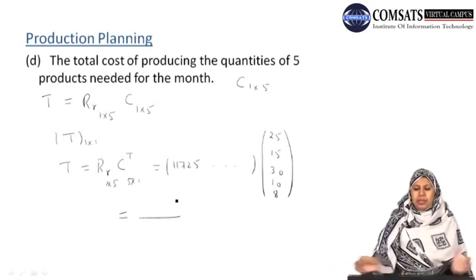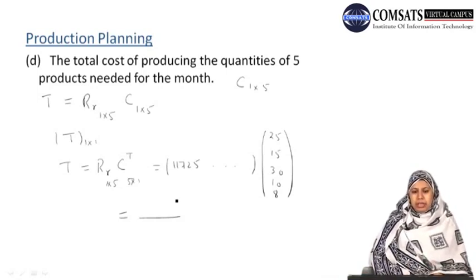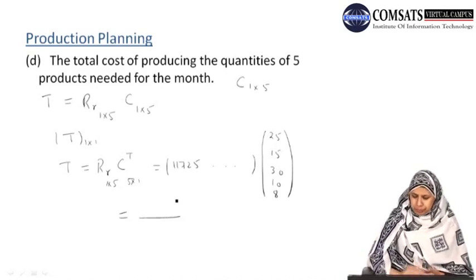So just by transforming our data into matrix form, we can easily calculate whatever type of output we are interested in. For example, in part D, the output we are interested in was a matrix of order 1 by 1. So we have to adjust our set of inputs, that is the matrices of inputs. Here we have adjusted our inputs, the cost matrix, by taking its transpose. By taking the transpose or adding or subtracting the matrices, we have to adjust our matrices of inputs to obtain the required output.